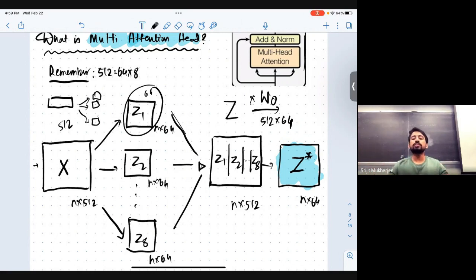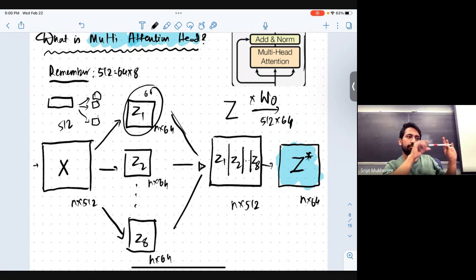So the final output is z star. Okay, this is the basic idea. The final output is z star, which is the final representation of the multi-attention head, where the input is the x vector, the x matrix. Okay, so each 512